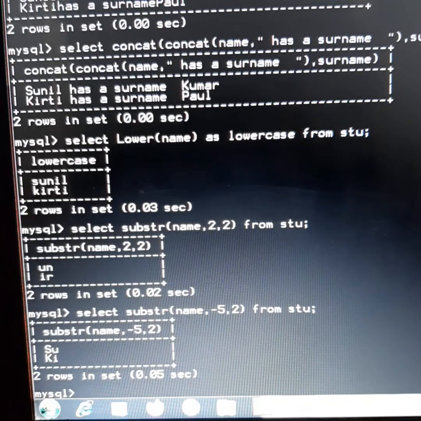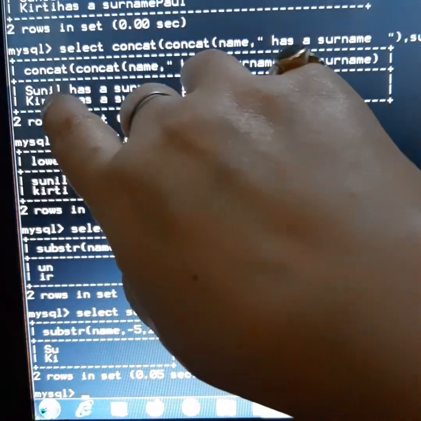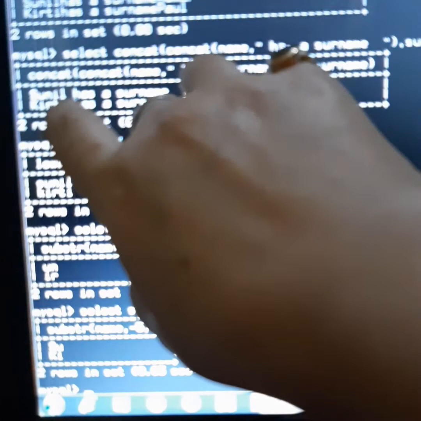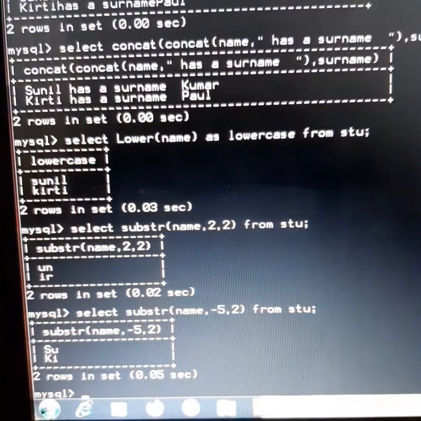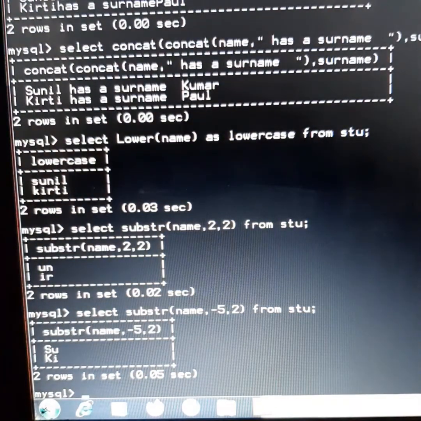So from Sunil, the 5th position is this -5, and after that only 2 characters are required. So from -5 I wanted only 2 characters, and it is giving me SU.